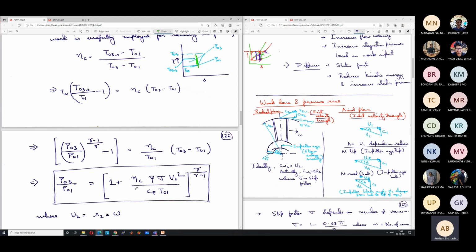Okay, then what about slip factor? If slip factor is low, meaning fewer vanes are present, then the pressure ratio is less. Again, this is understandable because we are not able to fully utilize the pushing movement of the blade. And what happens is that there is a certain amount of gap between the end of the impeller and the start of the diffuser.